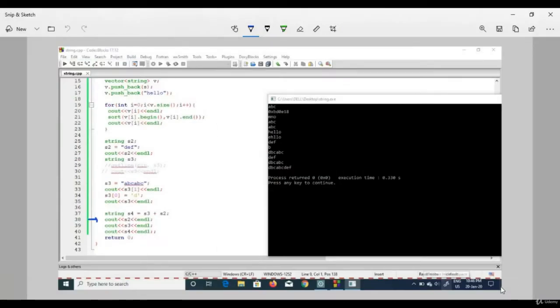So you are printing S2, S3, and S4. What is S2? S2 is DEF.